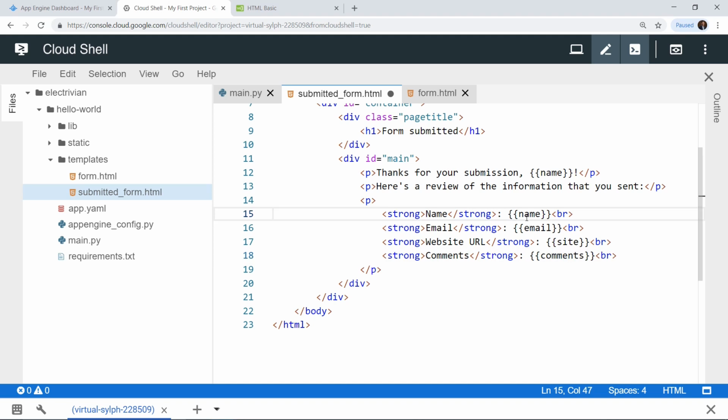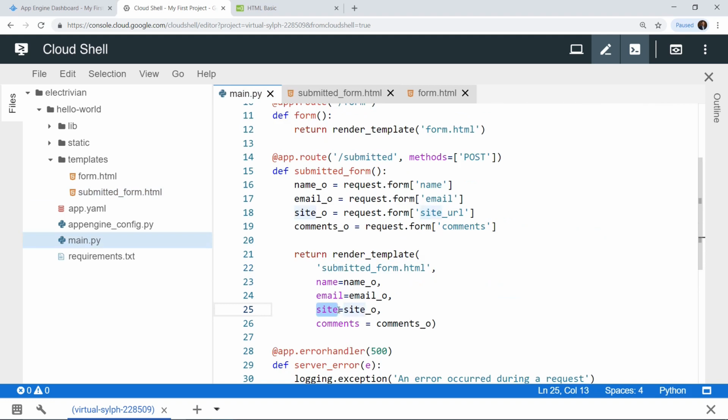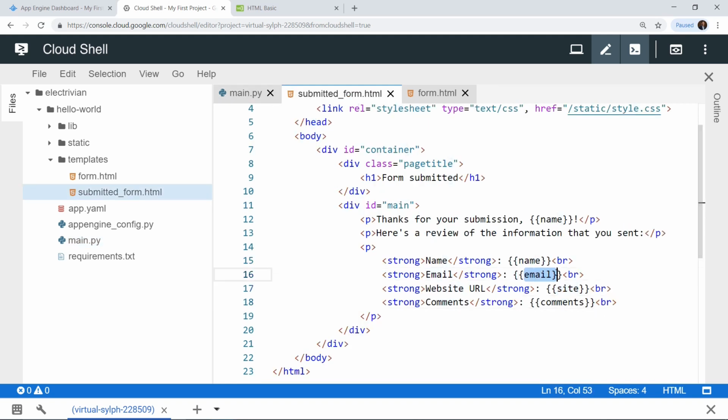Okay, so the only thing which you need to take care of while writing Jinja templates and referring to them through the main.py file is that you use the same variable names. Over here if you give a different variable name for site, and over here if you give a different variable name, then the form may not display the data as you want it to, because it is looking for a different variable name. But with this, the value of email which we are referring to over here, we are assigning the email underscore o value which we have defined over here to this email value, and this email value essentially corresponds to this email variable which we have written over here.